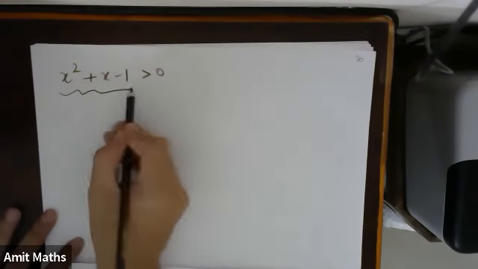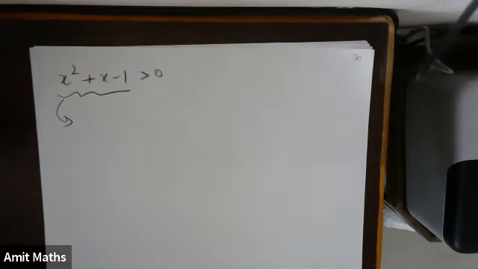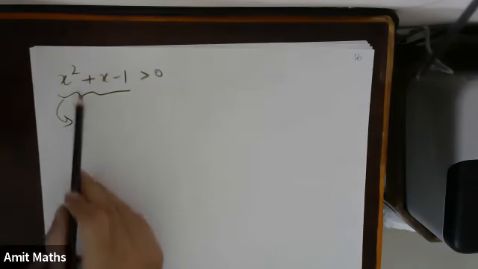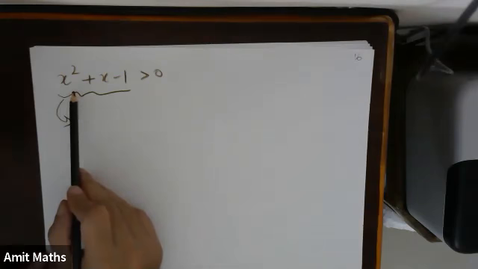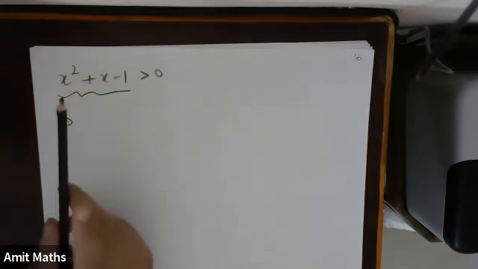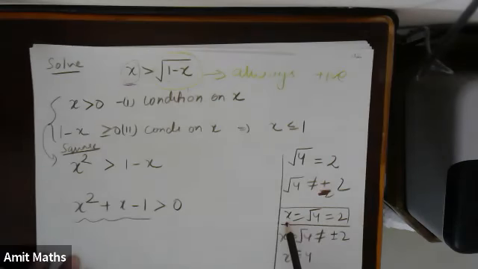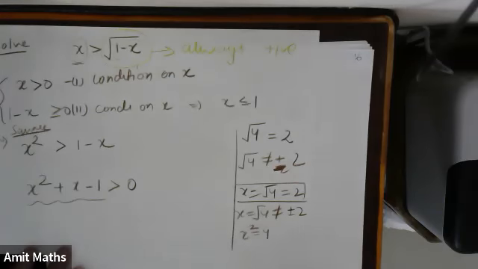So I'll write the factors of this. I can find the factors by using a linear equation. The answer for a linear equation can be negative. Here, x is equal to root of 4. Root of 4 is not negative. Root of 4 is always positive. A linear equation should have only one answer.